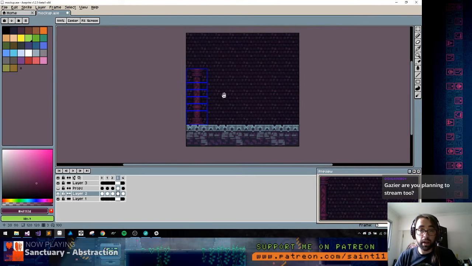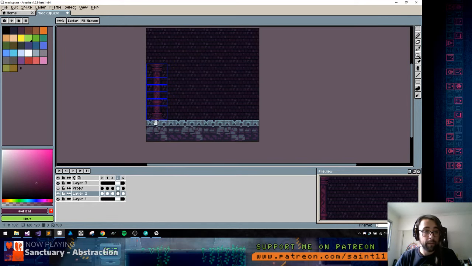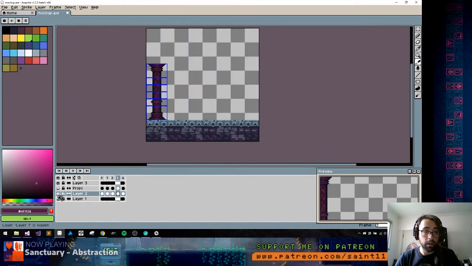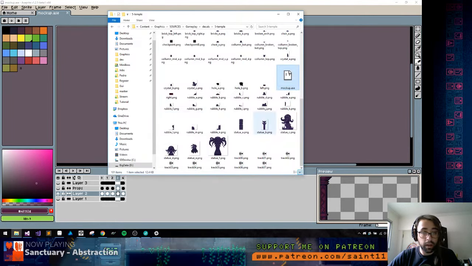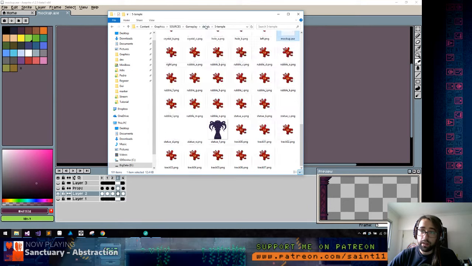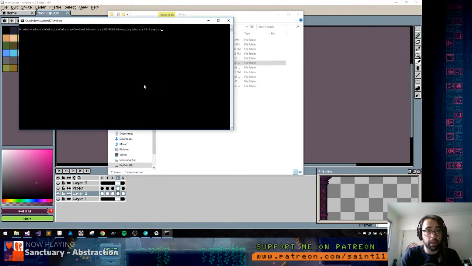The cool thing now is I can export all those slices into different files, so it will be easier for me. I'll just show it as an example. I hide everything, just save it, and then it's not very intuitive. I need to use the command line to do this. So I open a command window here, and I do aseprite -b